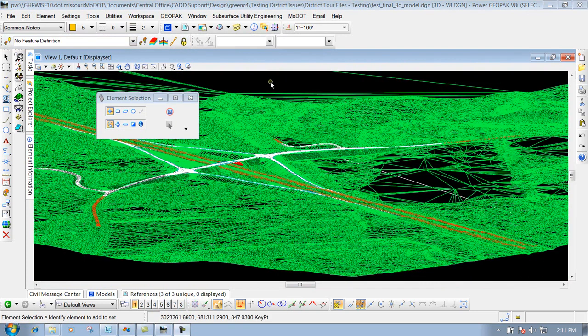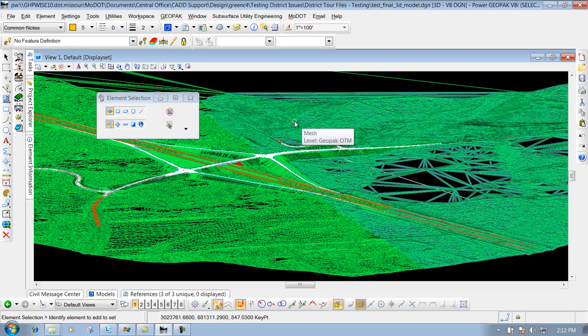Control F3. Control F3 will bring up a tool to exaggerate the terrain model. Of course, this will only work in a 3D model, and this will create a temporary model for viewing purposes only. A good example of doing this is if you had a terrain model that's really flat and maybe you want to see if there's a bust somewhere in that terrain model. This is a tool that you could use. But like I said, it just does a temporary model to analyze the model being exaggerated to whatever factor that you want. So if I hit Control F3,